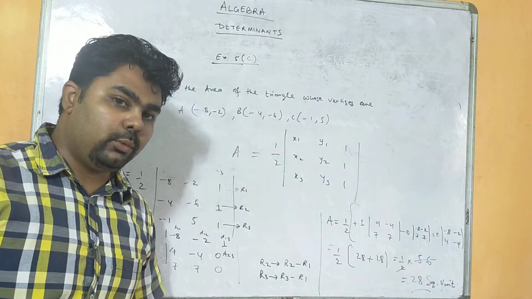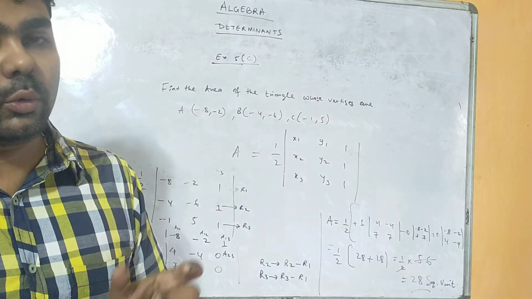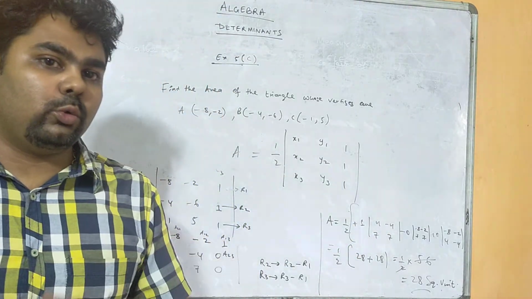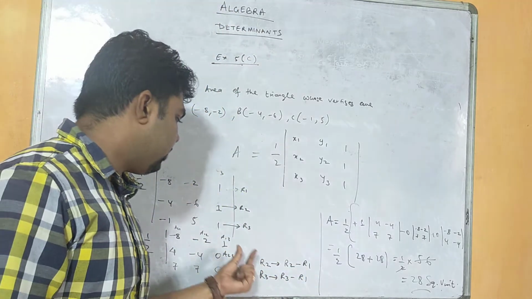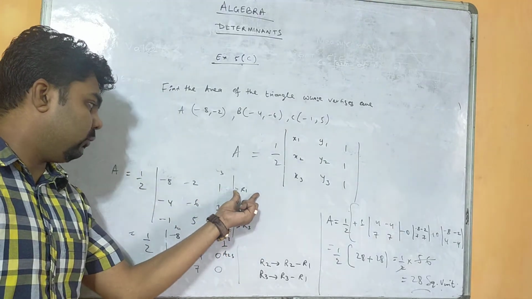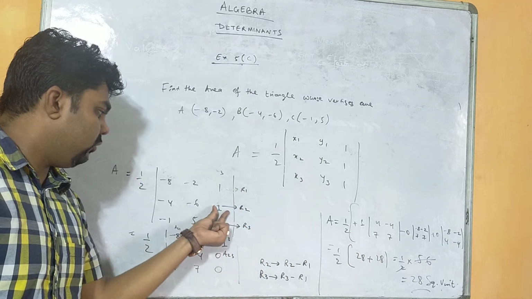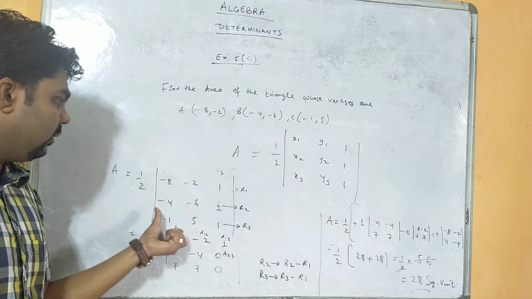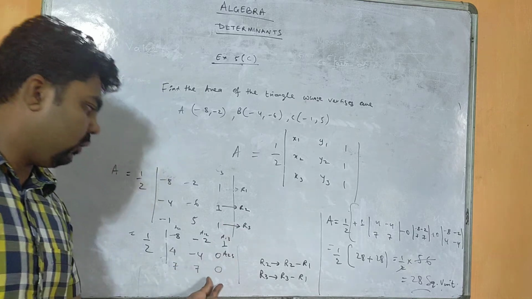Okay, but we have chosen R1 only, to make R1 a reference row. From a given reference row, when we subtract the other two rows, the calculation becomes easy. Otherwise, you will get the answer by subtracting R3 minus R2 also. So I am keeping R1 as a reference: R2 minus R1 and R3 minus R1. So these two elements became 0. Similarly, the same operation will be applied here also. Then after that, we will just expand it across column number 3.